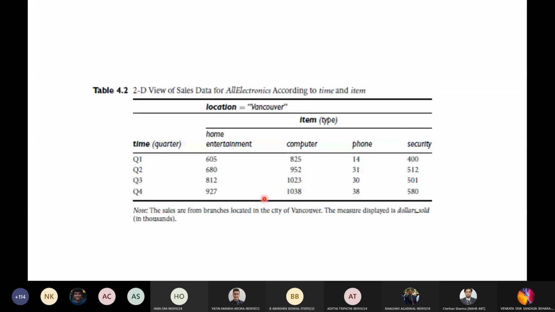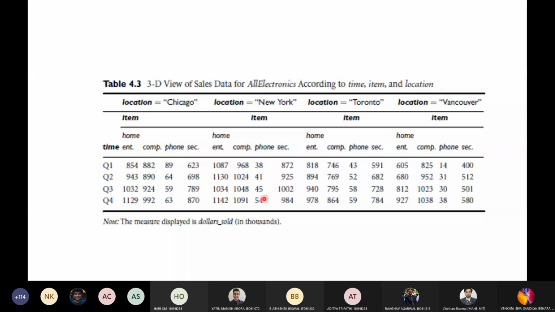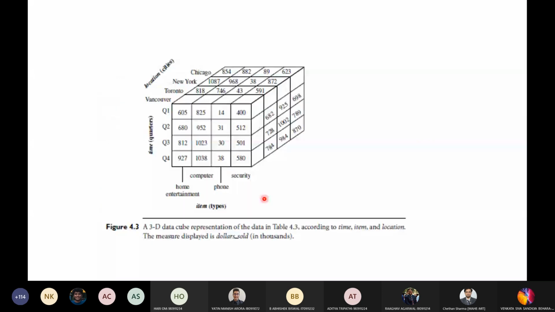When we learn what different types of operations are possible on a data warehouse or on a data cube, you will understand the advantage of using a data cube rather than this table. Okay. So when you want to increase the dimensions, say apart from time, location, and item, you want the details of supplier also, that can be viewed as 4D data. So an n-dimensional data cube can be viewed as a series of n-1 dimensional data cubes. This is one thing you have to remember.